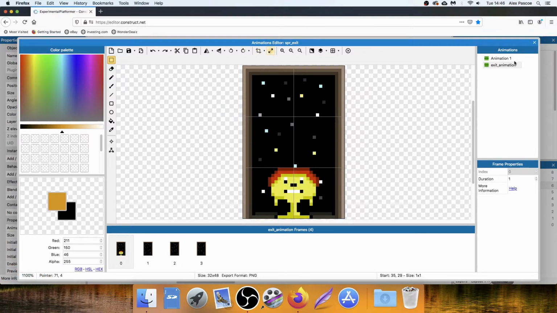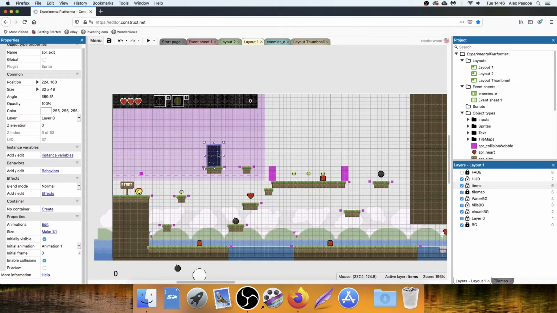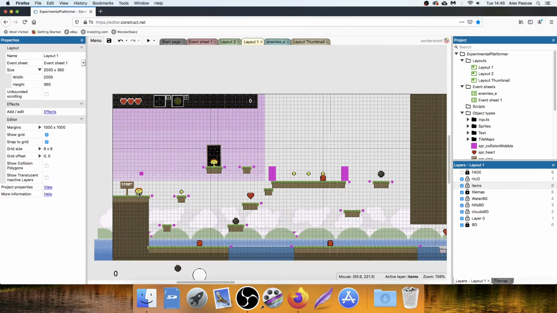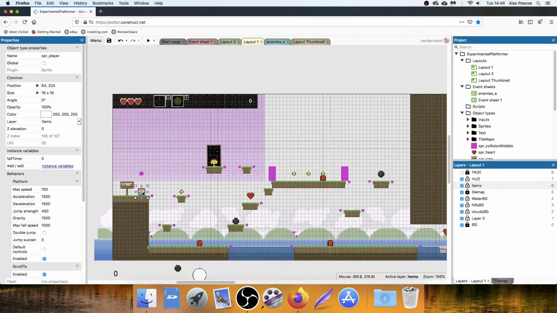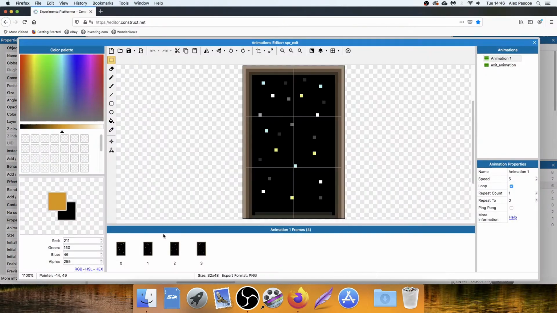I just want to see size-wise if that works. I think it will be the right size. If I select the sprite here, and I just change it to exit animation, yeah, that's going to be perfect. It'll be just the right size. Obviously, that's not what we want. We want that one. Double click back into the door, go to the exit animation,